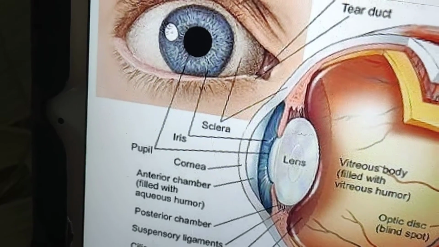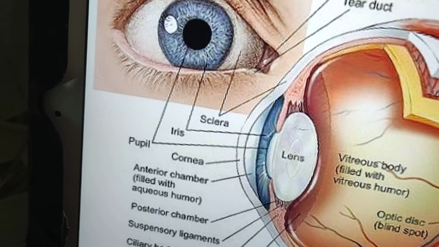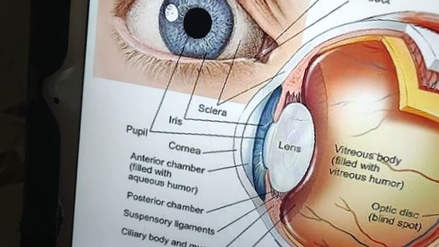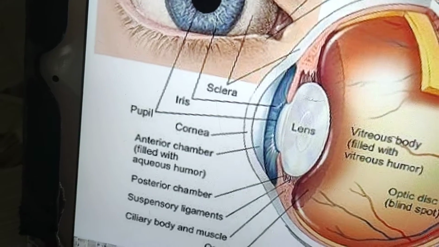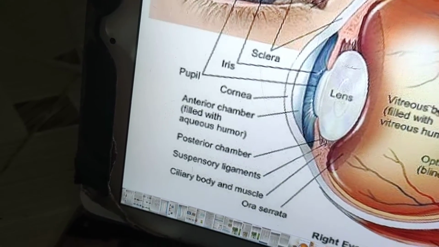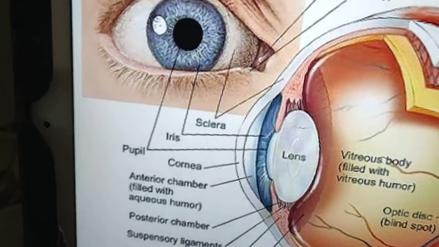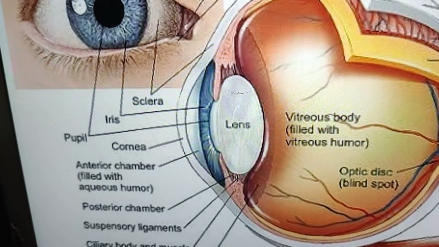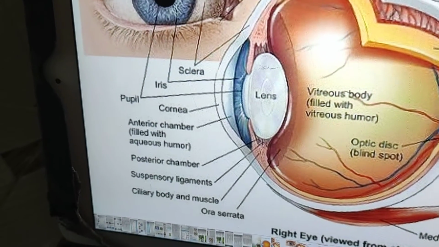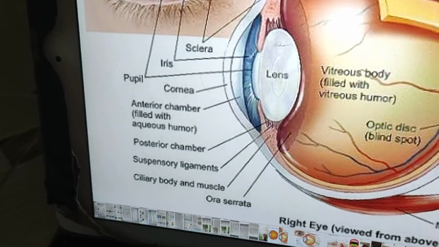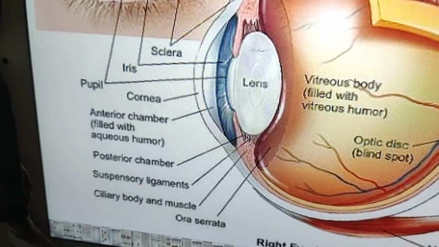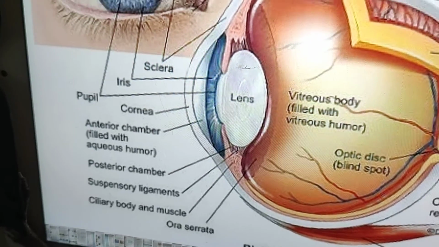Ciliary muscle relaxing to flatten the lens to image distant object. That means দূরের কোনো বস্তু দেখার জন্য এই সিলিয়ারি মাসেলগুলা রিল্যাক্স হয়ে যায়। And contracting to thicken the lens to image close-up object. Close-up object, that means কাছের বস্তু দেখার জন্য এই মাসেলগুলা কন্ট্রাক্ট হয়ে আসে, মানে সংকোচন হয়ে আসে, সংকুচিত হয়ে যায়।